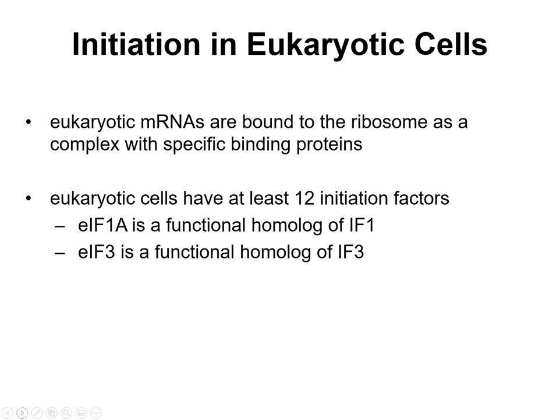In eukaryotes, the eukaryotic mRNAs are bound to the ribosome as a complex with specific binding proteins. So like I said, it's always a little bit extra with the eukaryotic cells. Eukaryotic cells have at least 12 initiation factors, and just by the mere saying of "at least," it means that we still don't know. There are at least this many, and this is functional, but there could very well be